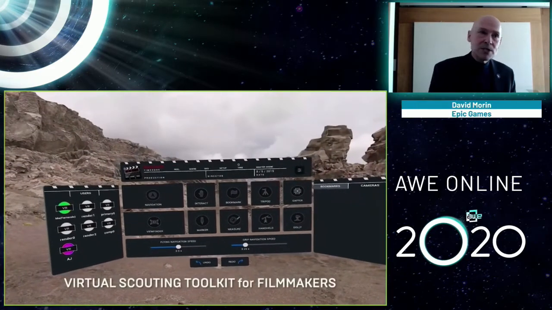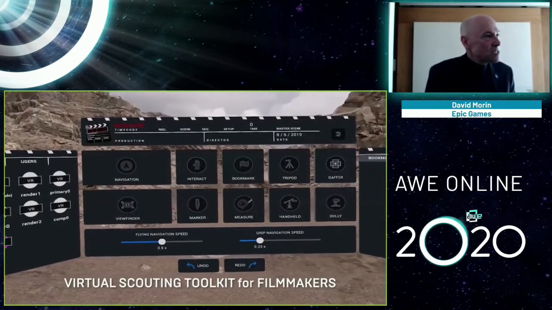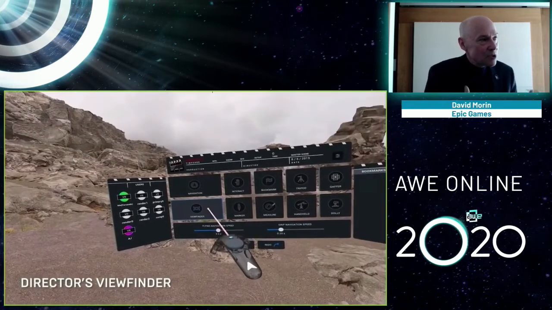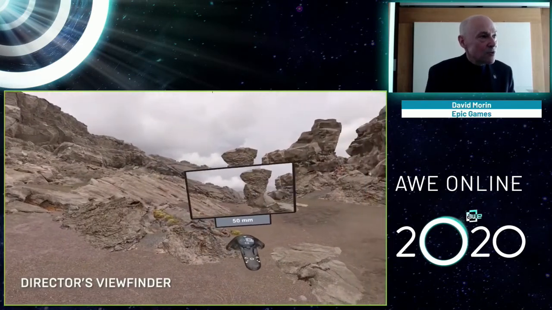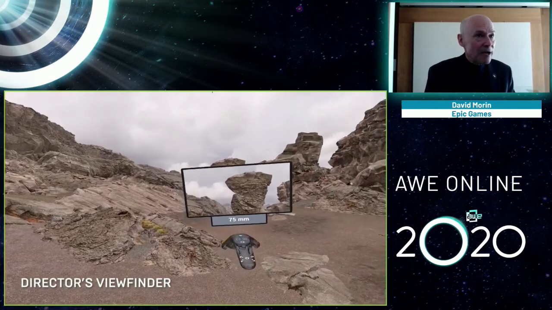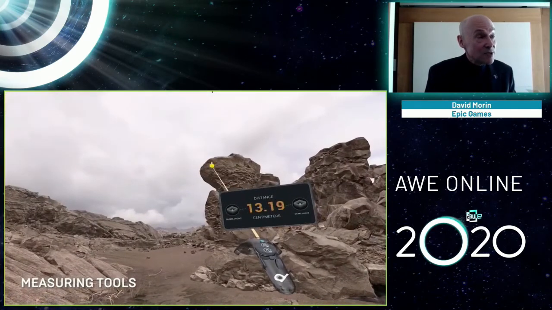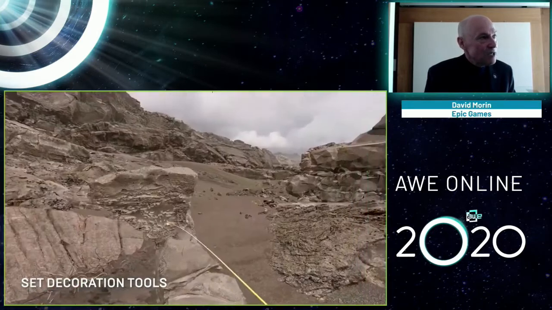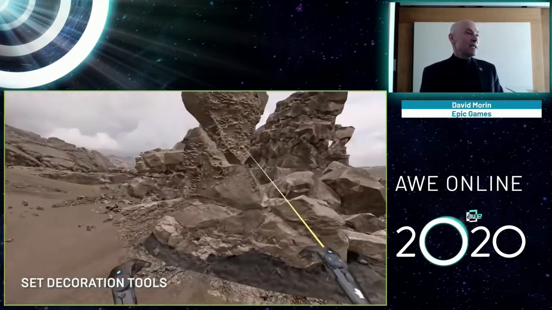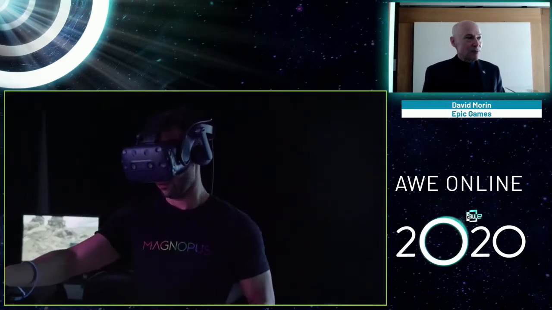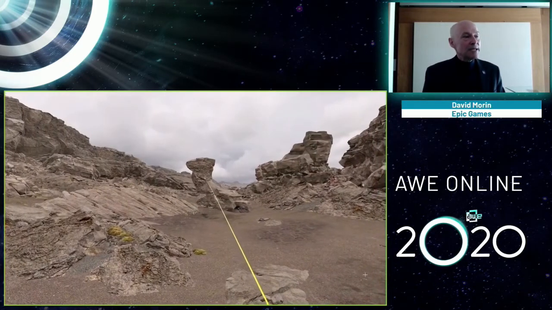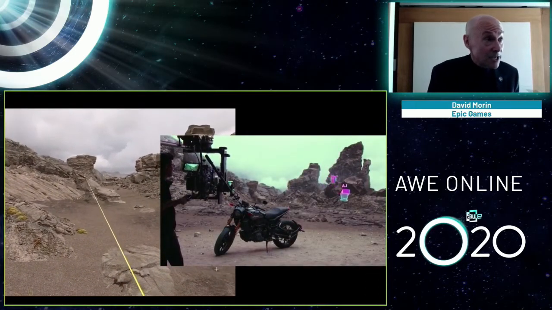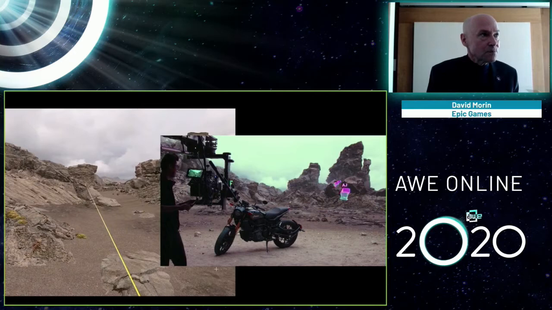Now, differently than what we saw on the John Wick video, this time the VR scouting here is multi-user, so that you can have multiple people coming into the world within this new interface, picking up things, moving them around, all the while this being visible by the filmmakers who look inside the camera view. You have an avatar of every one of the people in the scene showing up on the wall as they're working and changing things. You can see the avatar here as the camera shoots what's going on the wall.